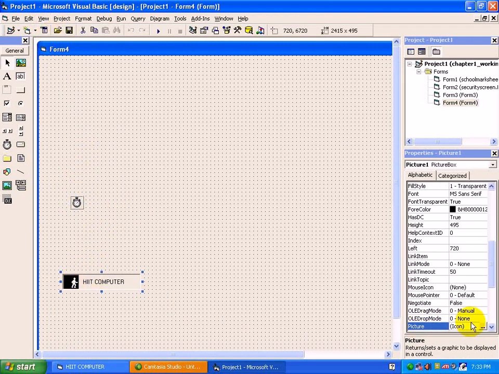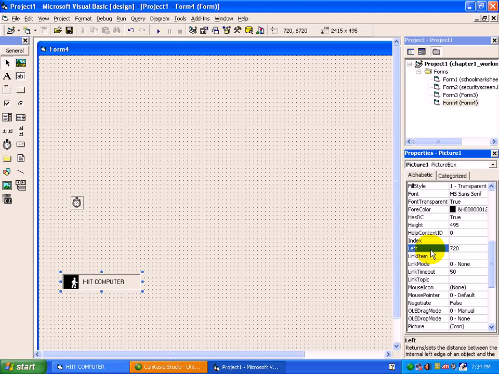By default the position of picture1, if you notice here, is 720. So inside code it will start with 720 equals 720 plus 100, means after 1 second the value will be 820, and in this way it will add the pixel position with the help of timer